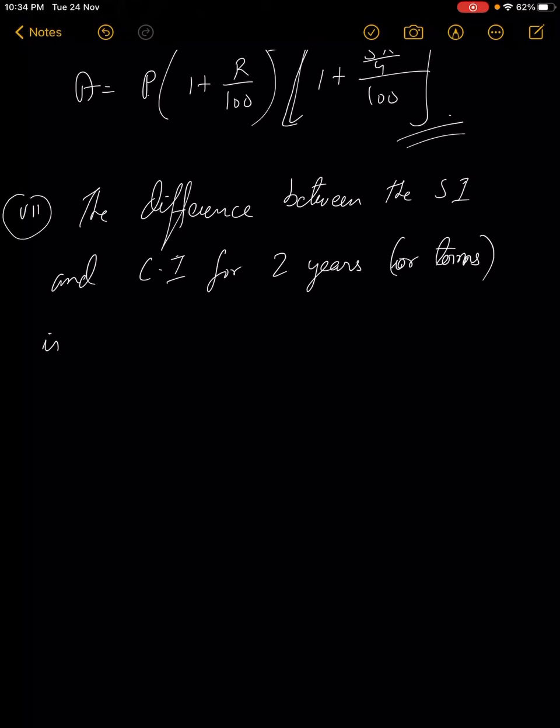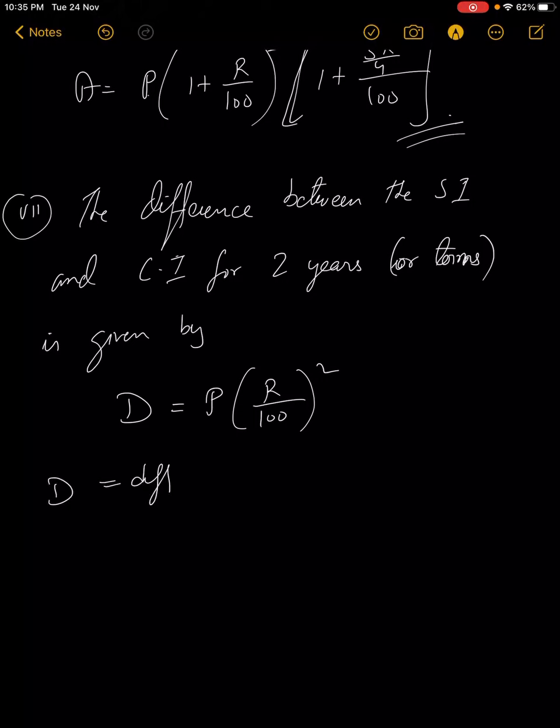The difference d will be equal to P into r by 100 whole square, of course, where d represents the difference, and the other terms I guess you can understand. P represents the principal, r of course represents the rate of